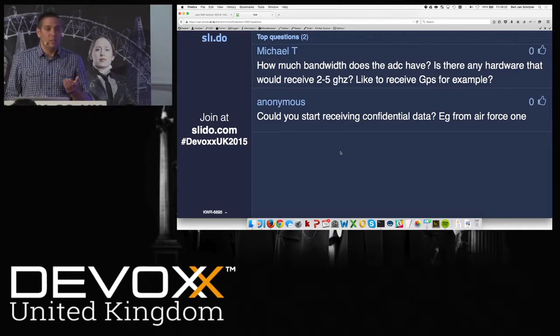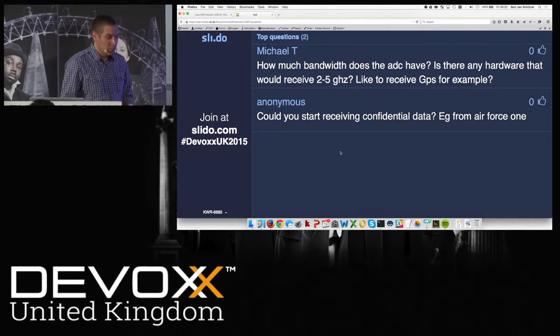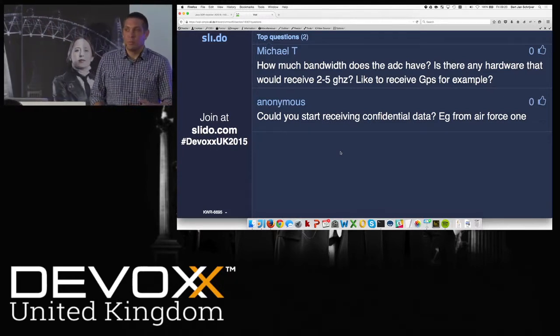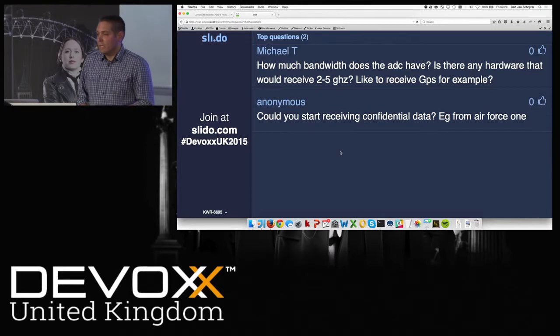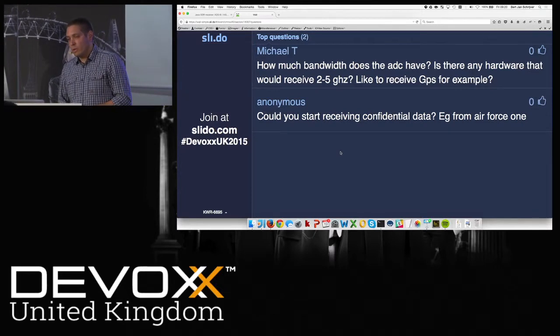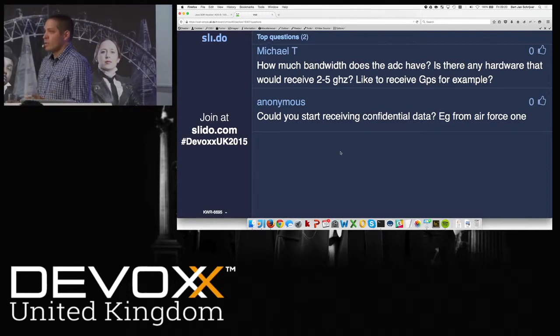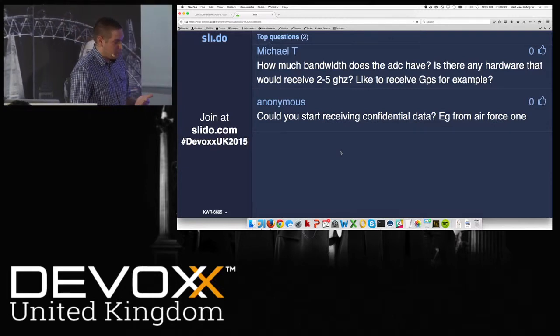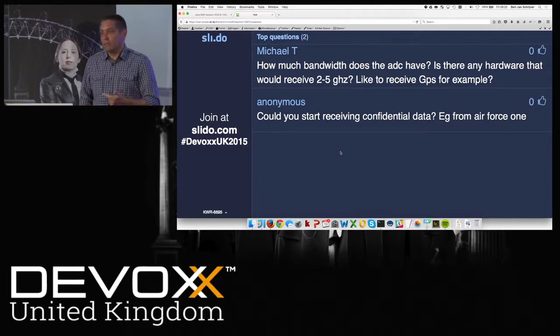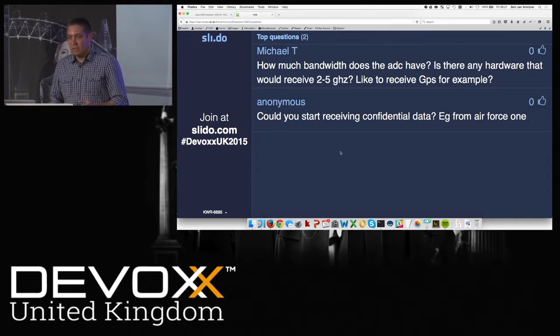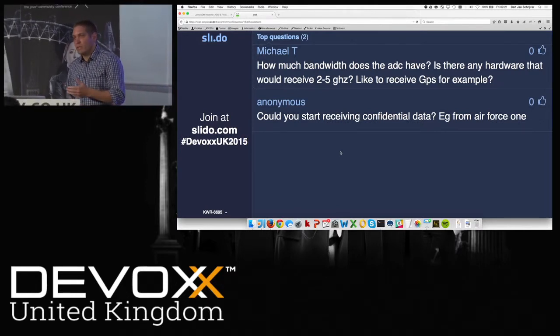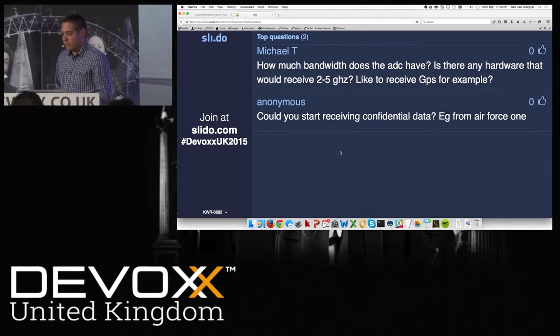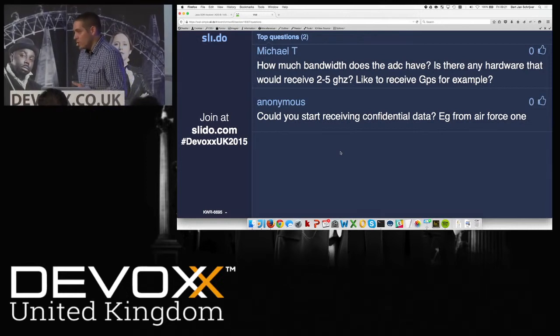So ADS-B is an open system, which is designed to be open, since if you can't receive the collision detection signals from other planes, you'll probably run into them sooner or later. So I'm not sure what I would do if I was building Air Force One. There's two sides of the story. It could be good to send out these signals, since you know you're not going to bump into Air Force One, which you probably don't want to do. On the other hand, you'll be able to identify Air Force One. So I think the security aspect prevails here, and probably Air Force One isn't transmitting any ADS-B signals.